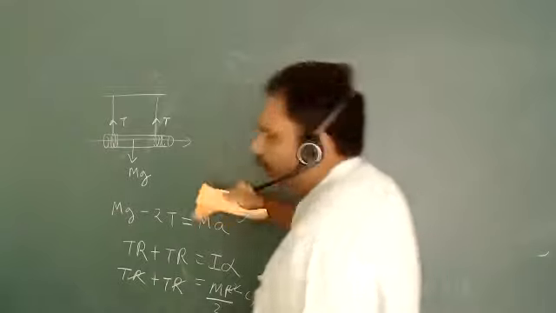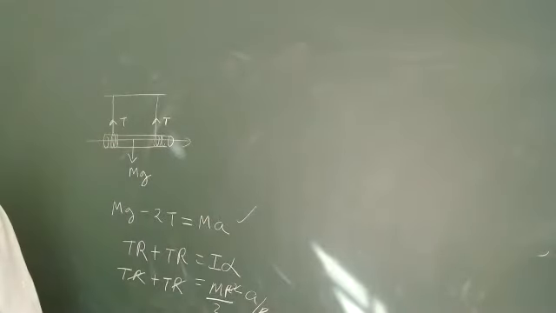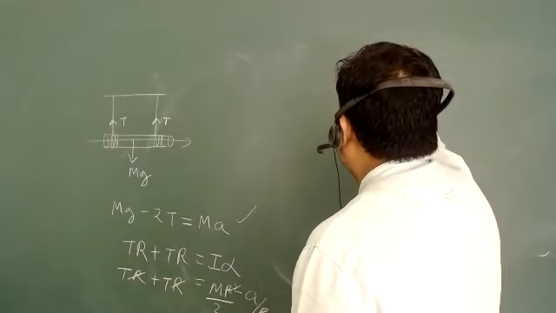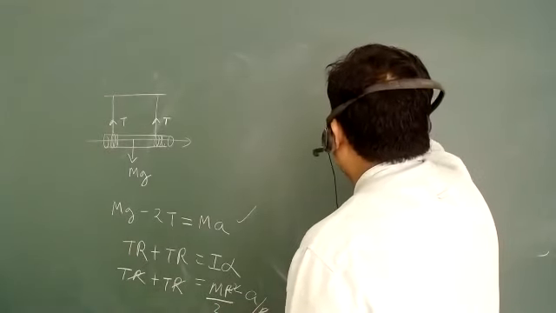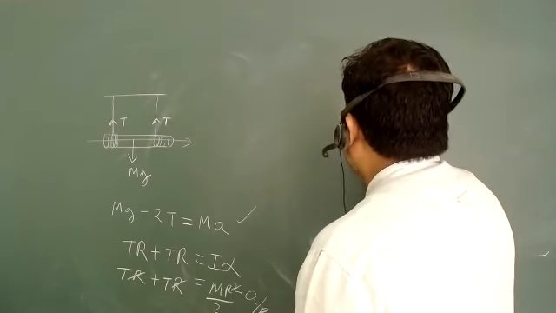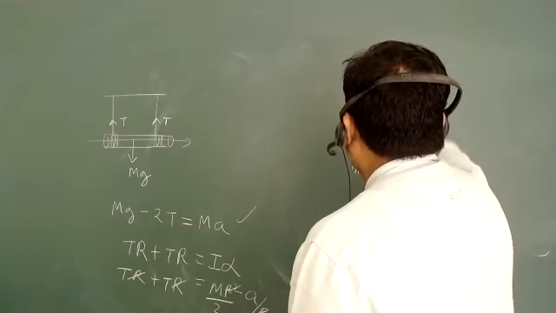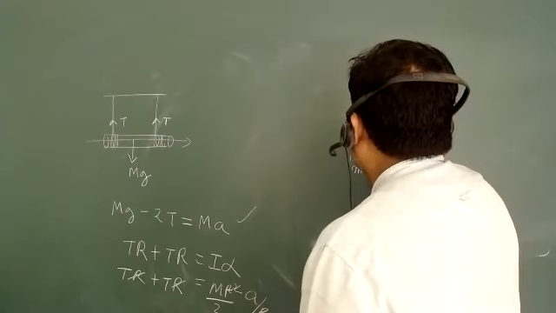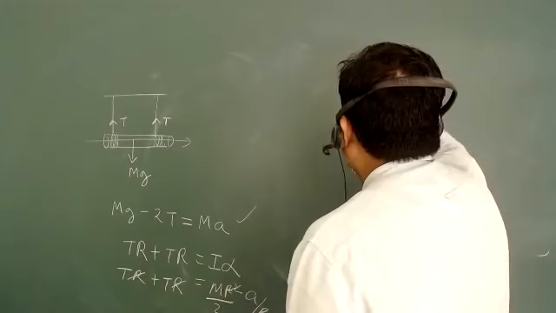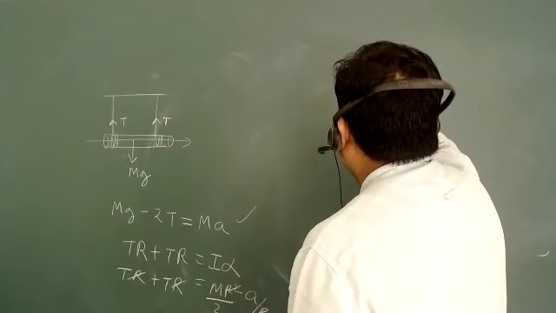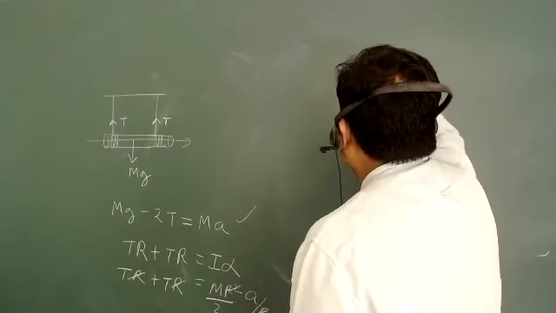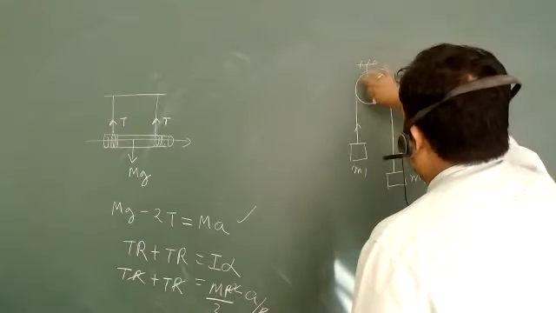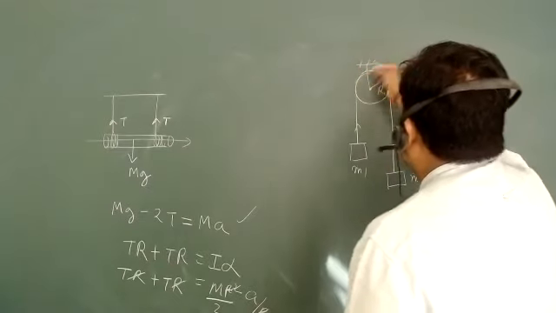So this is enough for your rotational dynamics. We have done a lot of problems on rotational dynamics. So just try to do one question by yourself. This is very simple and I think you can do it easily. This is mass m1. This is mass m2. And this has radius r, and this is of negligible length. And it can rotate about its own axis.